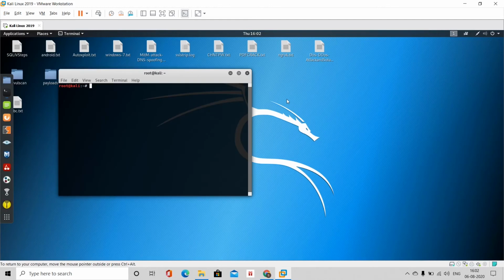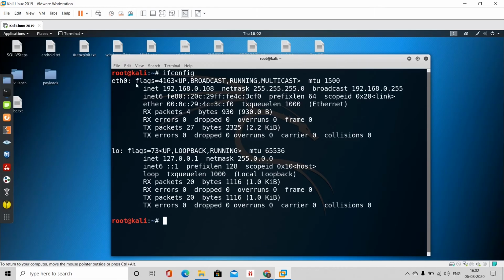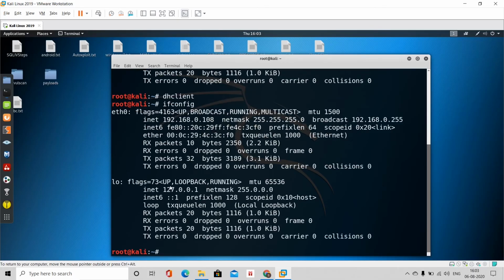The machine has been turned on. Go to the terminal. When I hit ifconfig, you will get the IP address in both IP version 4 and IP version 6. If you are still not getting an IP address after doing this step, just wait and hit the dhclient command. What this will do is force your network adapter to go and run a DHCP config file and get the IP address from VMnet 0. After you complete this command, you can again hit ifconfig and your machine might get an IP address.